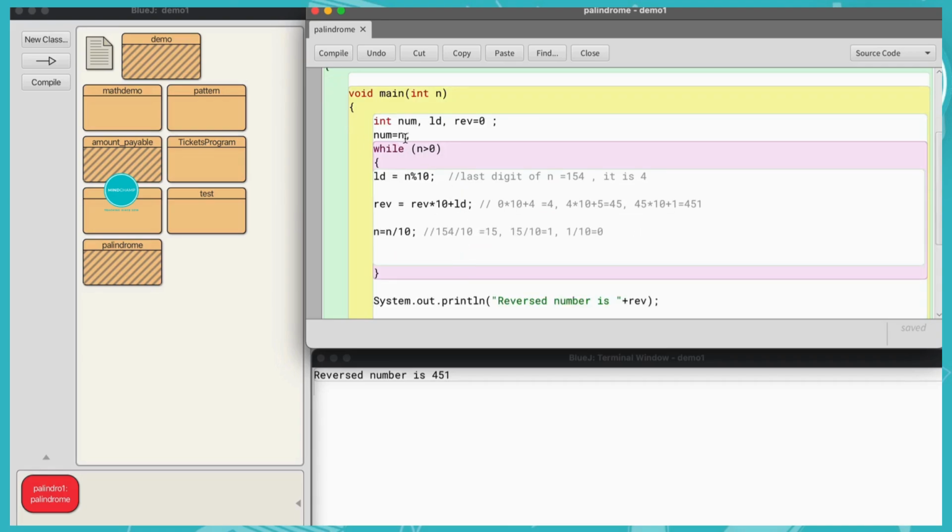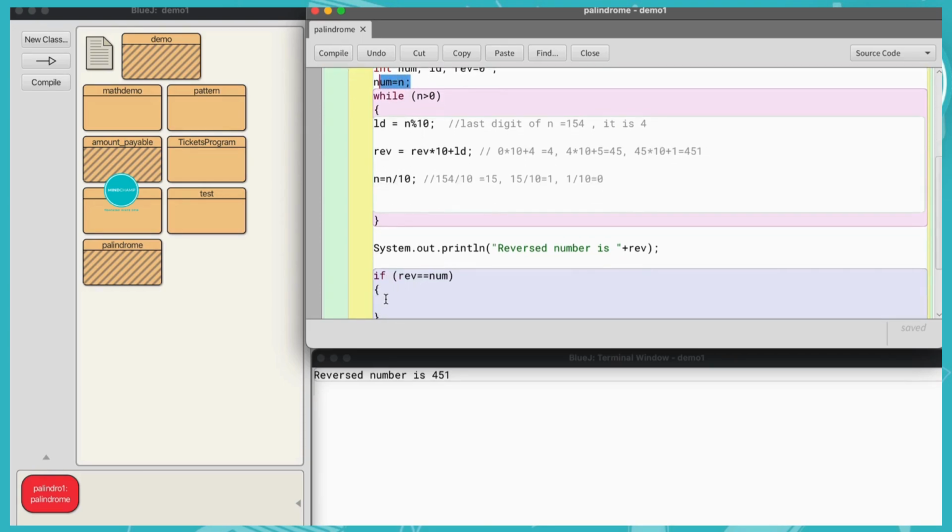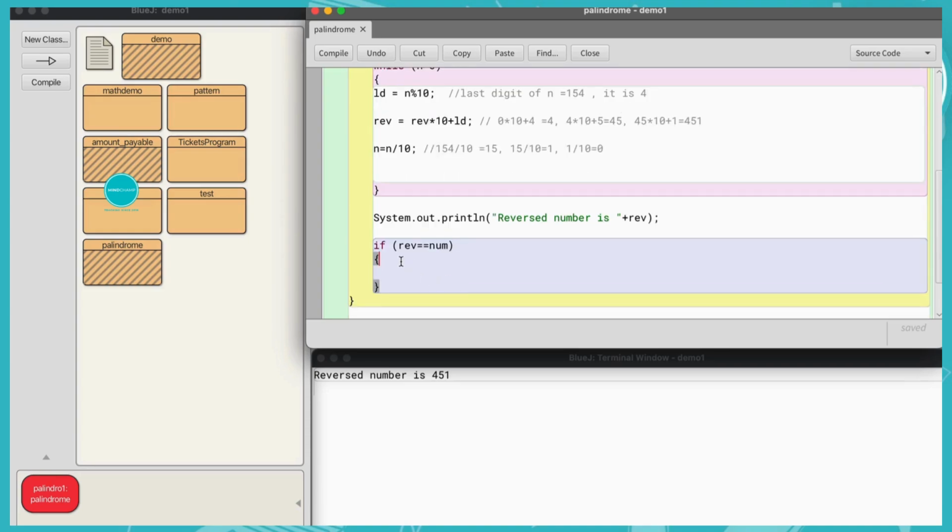It became 0. That's the reason I have stored the number in another variable called num. So I can now check if the reverse of the number is equal to the number. That means it's a palindrome. So I will print out the result.